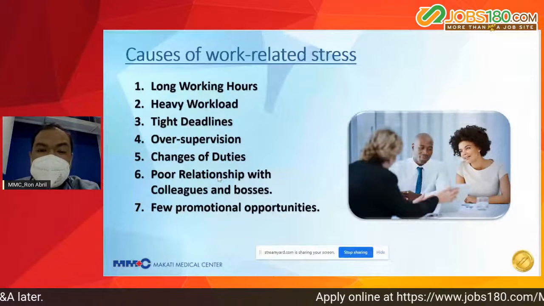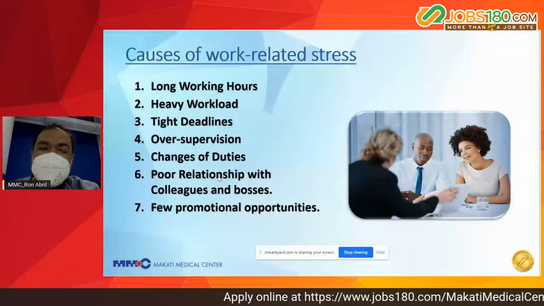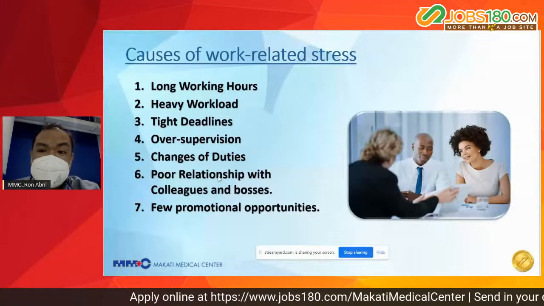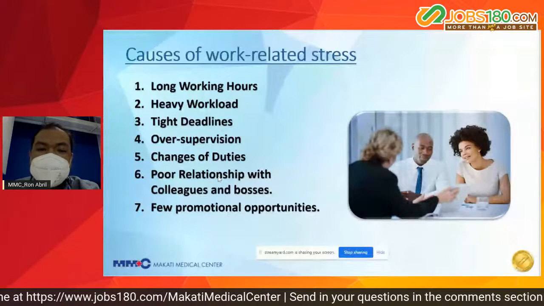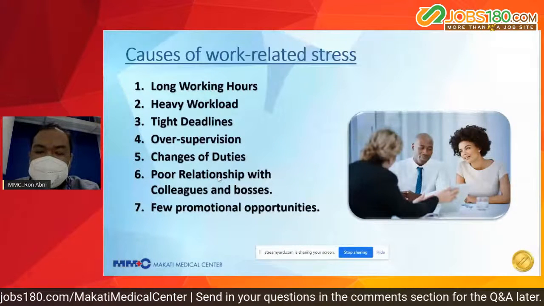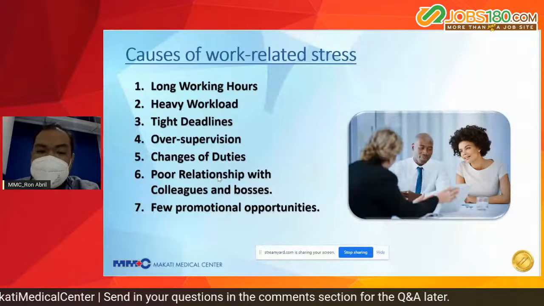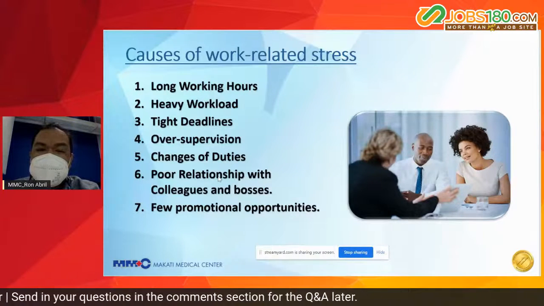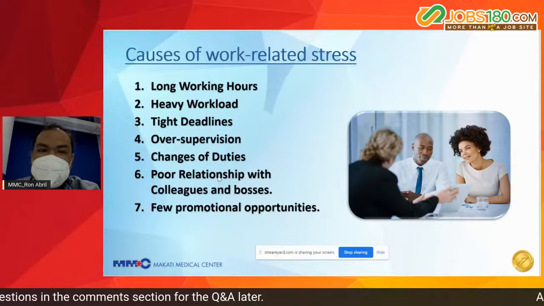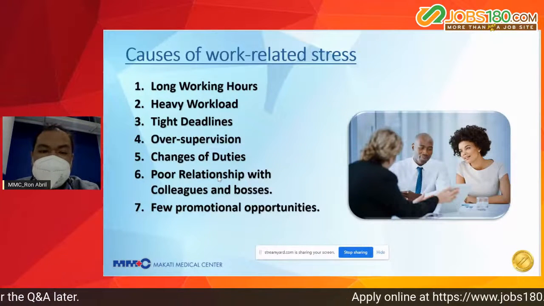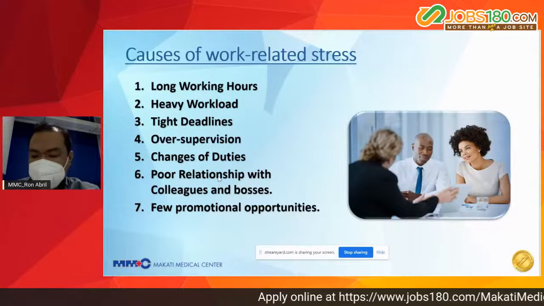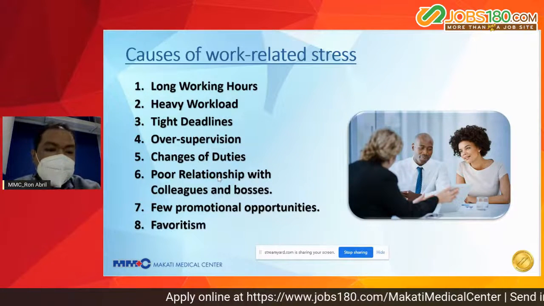mafe-feel ng employee, stagnant na yung career, wala silang vision na nakikita kung ano bang plano sa kanila ni company, kung ipopromote ba sila, or may changes ba sa salary or may possibility ba na ma-increase. So kung sobrang tagal ka na sa company, isa yan sa pinaka stressful na pwede mong maranasan. And so number 8,